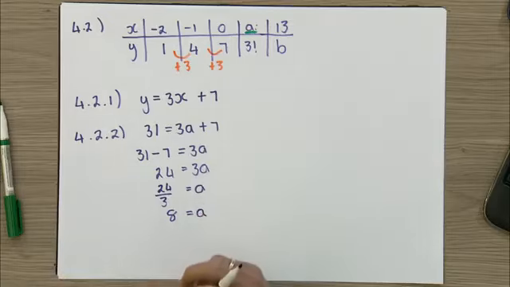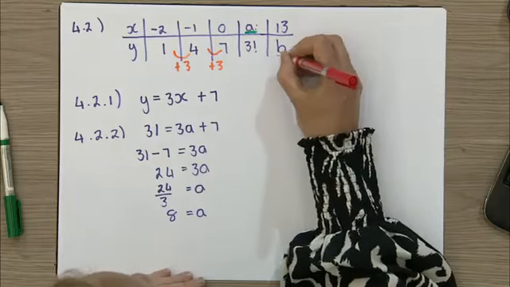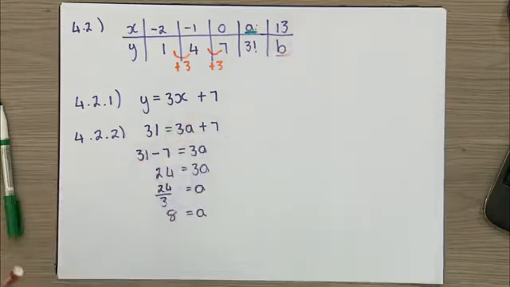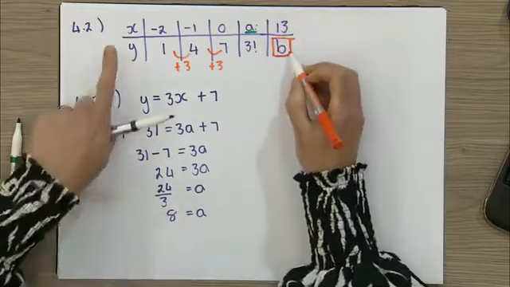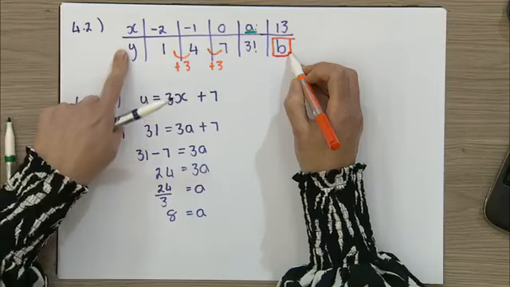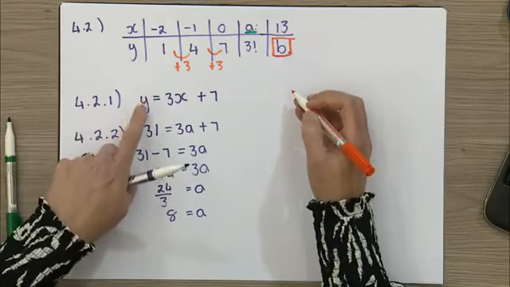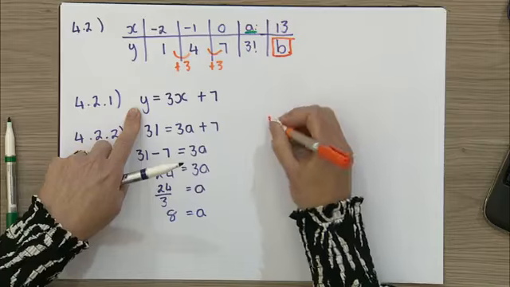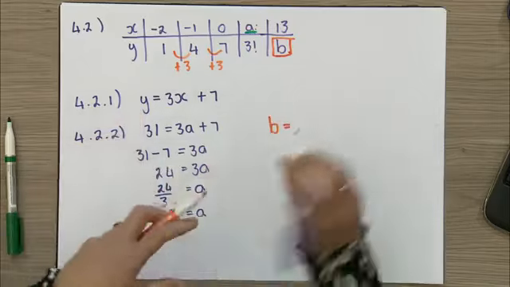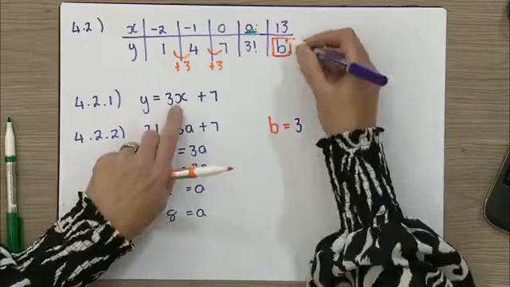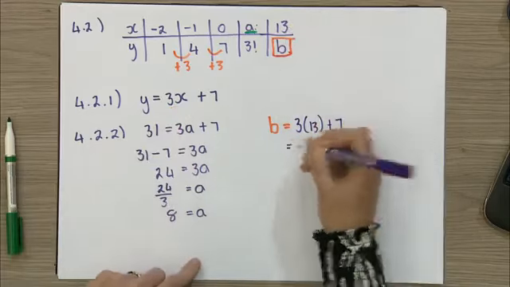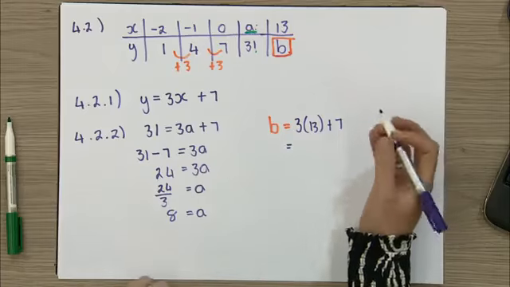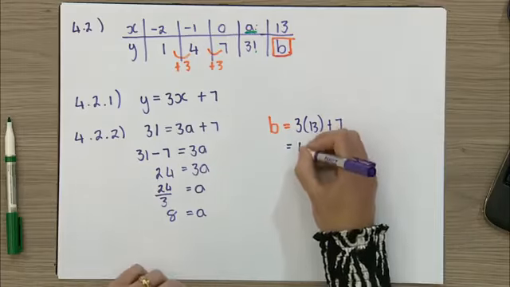Remember my question said I must get A and B. So now let's go do B. Where is B? B is written over there. Here is our B. And B is standing in the place of Y. So now I must take this same equation of mine, and instead of saying Y equals, I must use the letter B equals 3 times, what is x here? 13 plus 7. And that's quite a simple one. I can just use my calculator. 3 times 13 plus 7. So B is equal to